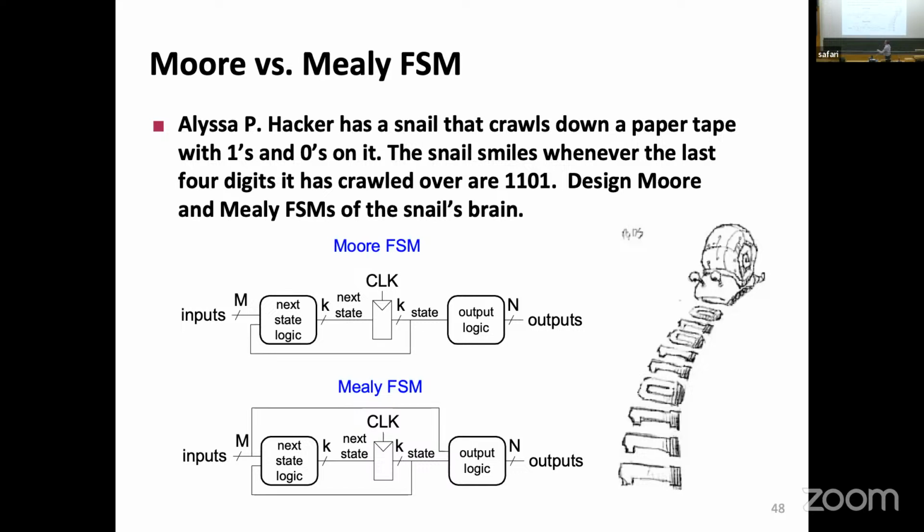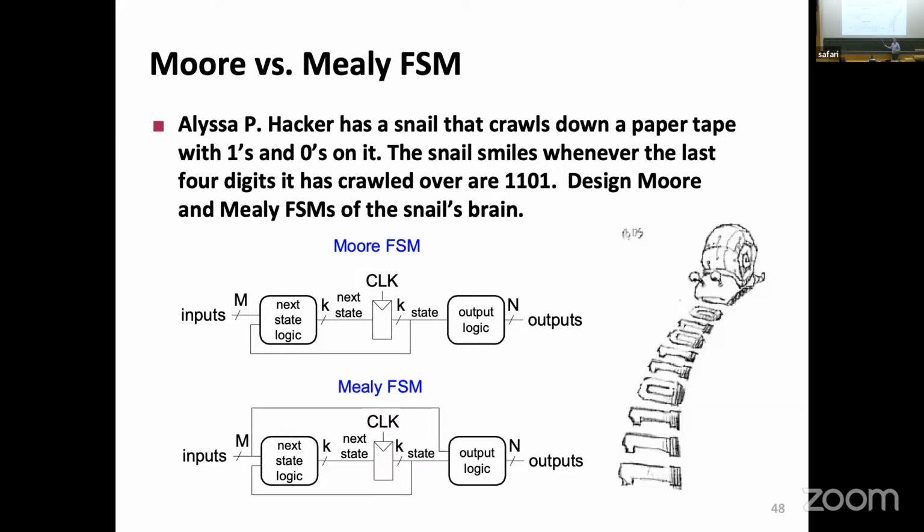So the difference between Moore and Mealy is that the Moore output only depends on the present state, whereas the Mealy depends both on the present state and the inputs at the same time. The tricky part is if the inputs change, even though the state is stable, the output could still change. Whereas here, the moment you are in the state, the output is stable, nothing changes until the next clock. The only way to change the output is to move to a next state in which the output is different. Whereas